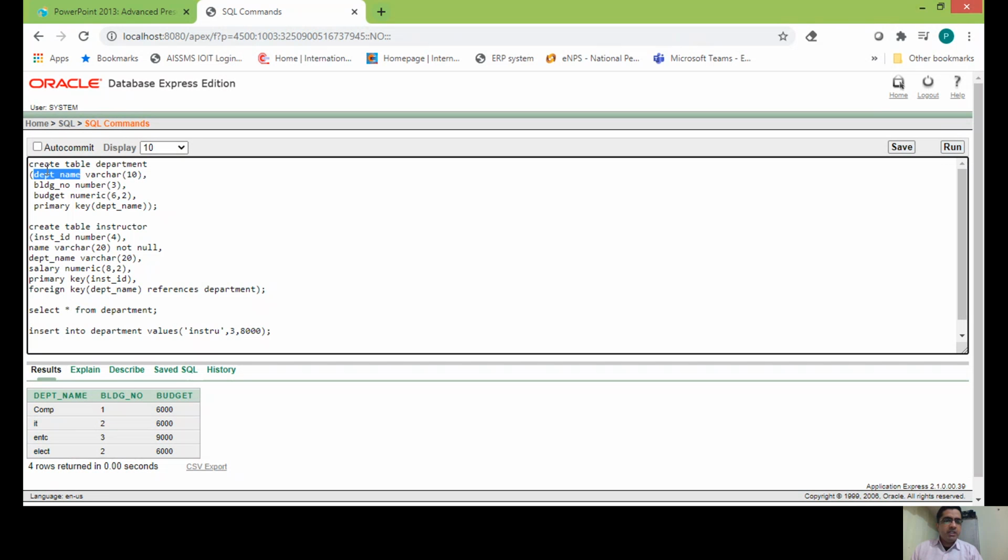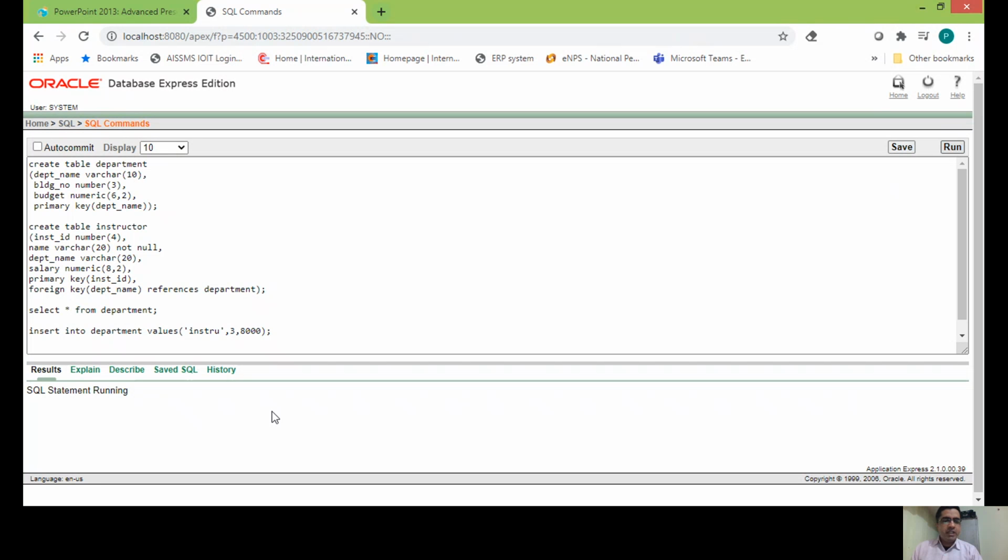And here the primary key is department name. Now I am making the entry in this table. As department name is character, I am writing it in single quotes, and building number is numeric, so I am writing it directly, and budget is numeric, also again I am writing it directly. So let us see the effect of this statement.